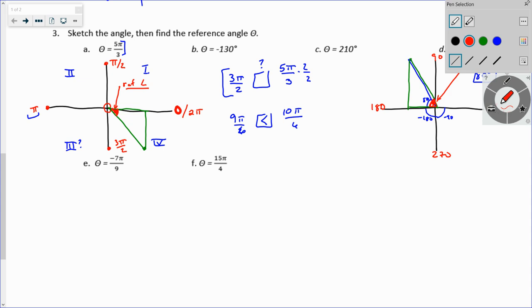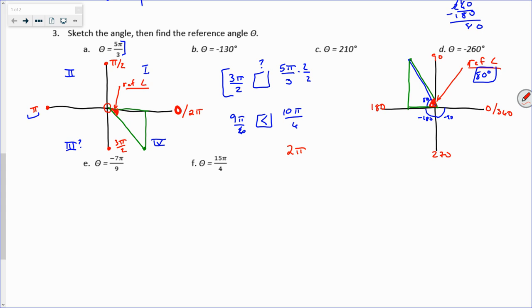I think the problem that I'm going to set up is 2 pi, going all the way around the circle, minus 5 pi over 3, because that'll take out from here all the way to here, and what's left will just make up the 2 pi. So if we multiply top and bottom here by 3 to get common denominators, we're at 6 pi over 3 minus 5 pi over 3. And what this does is tell us that our reference angle is going to be 1 pi, or just pi over 3. So our reference angle here is pi over 3,